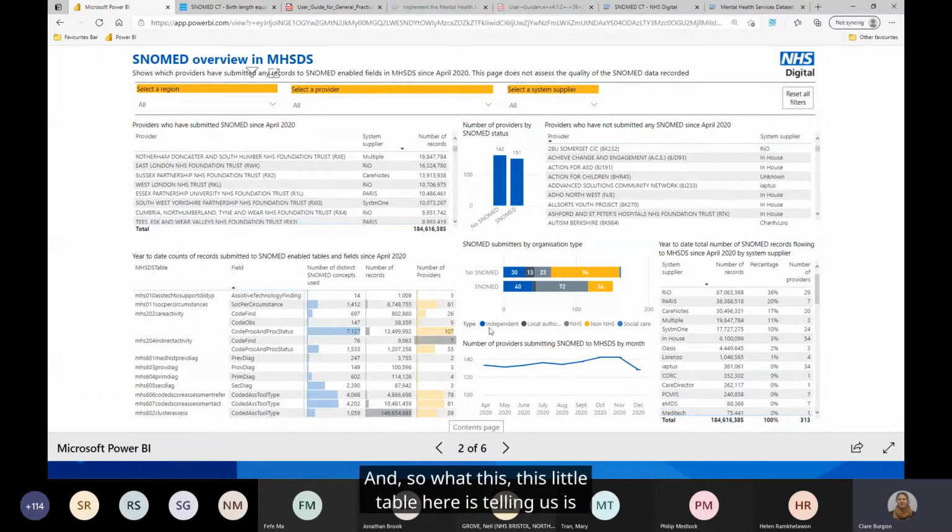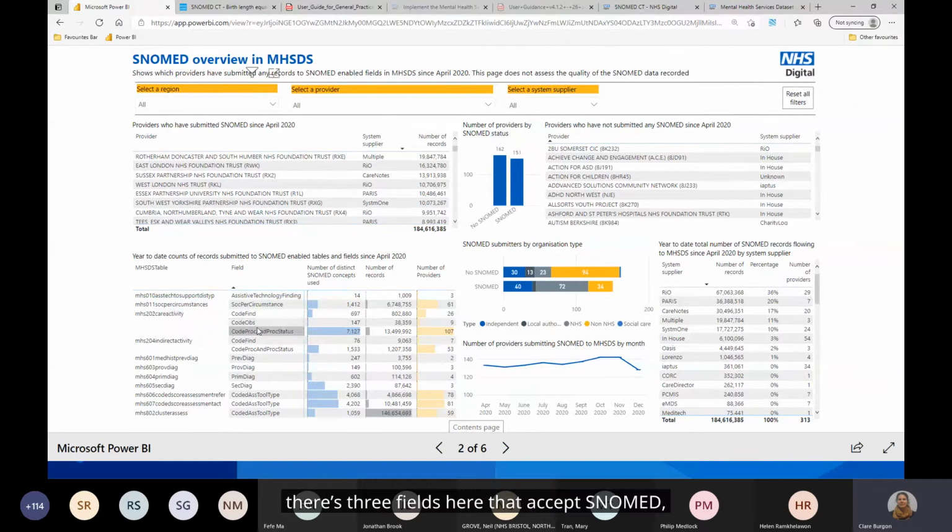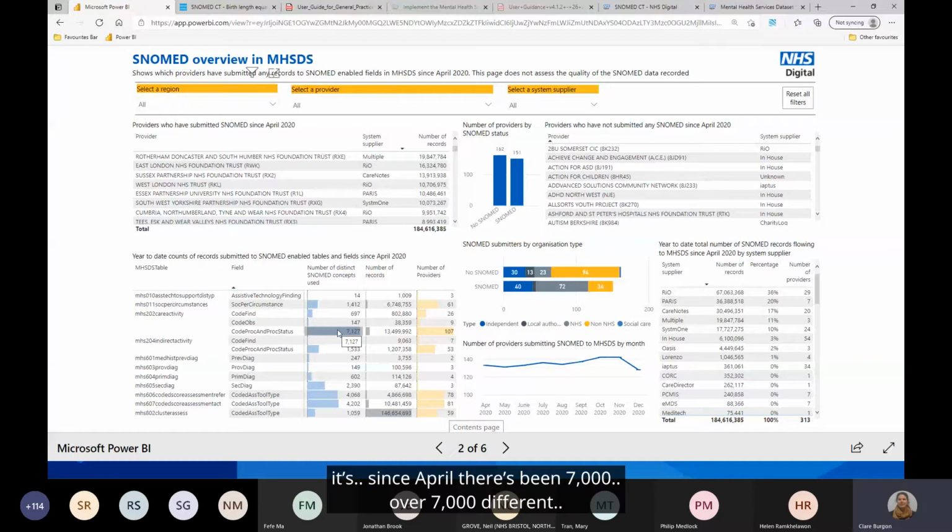What this little table is telling us is that if we were interested in the care activity table, there's 3 fields here that accept SNOMED, and we can see that for code proc and proc status, since April there's been over 7,000 different types of SNOMED concepts submitted to that table. There's over 13 million records, and 107 providers have given us some information there.